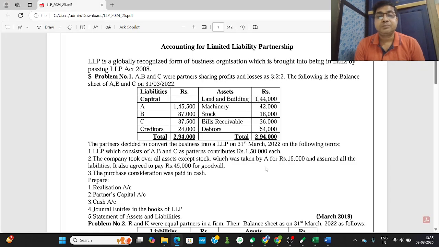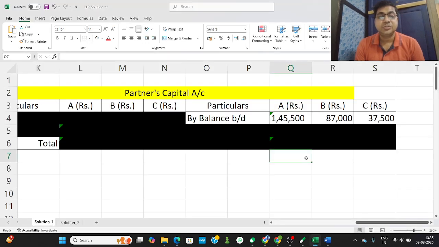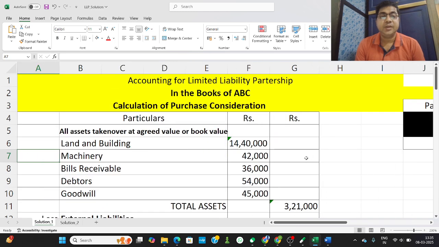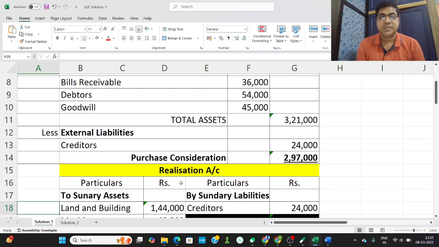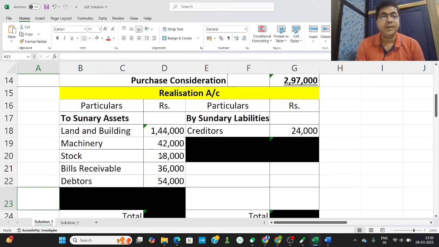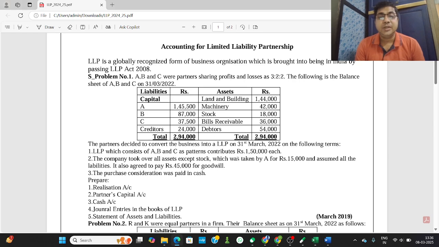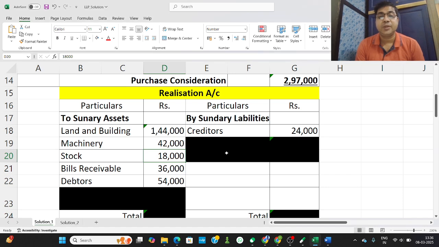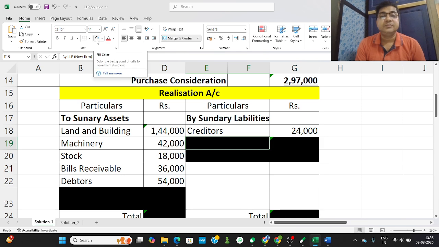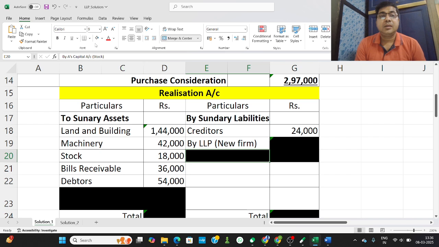Then after that, this is the stock not taken over. If it is taken over by A at 15,000. So this particular stock, it is not taken over. So what we have to do? It is taken over by A. This particular stock is 18,000. The value they took over for rupees 15,000. So we have to record this taken over on the credit side by stock taken over, A's capital rupees